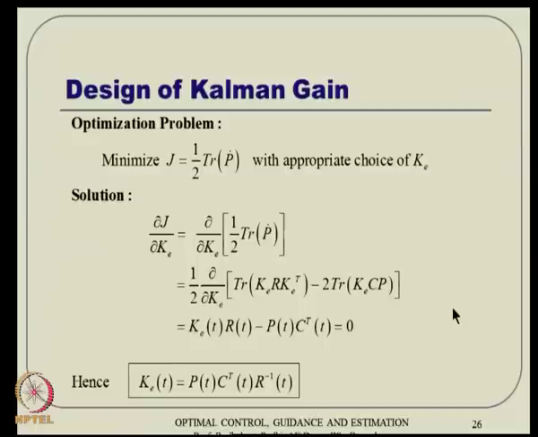Now, the problem turns out to be that we do not want to minimize P per se, but we want to minimize P dot. So, minimize this quantity. J is half of the trace of P dot. And minimize with respect to what? We minimize with respect to K basically. So, the necessary condition is del J by del K has to be equal to 0, and del J by del K, if you apply this operator, then it turns out that P dot is this expression,